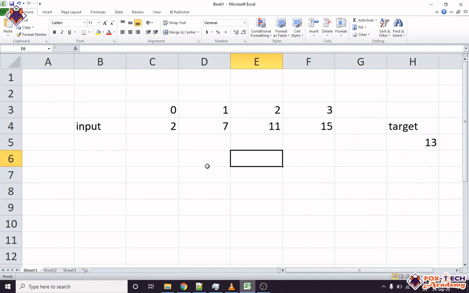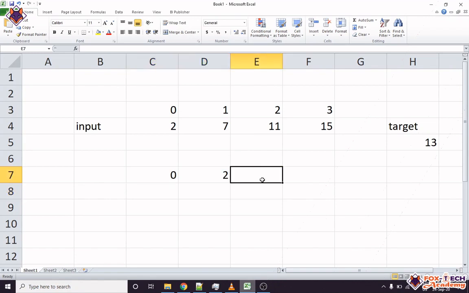First, how can we do it? We will use the naive approach, like the brute force approach, for this. We will try to add these two, starting from these two. We check 2 plus 7 is 9, it's not our target. Let us skip it and go for the next. 2 plus 11 is 13, yes, it reaches our target. So we have to return the indices of these two data. The index of 2 is 0 and the index of 11 is 2. So we have to return 0 2 as an array using that function.